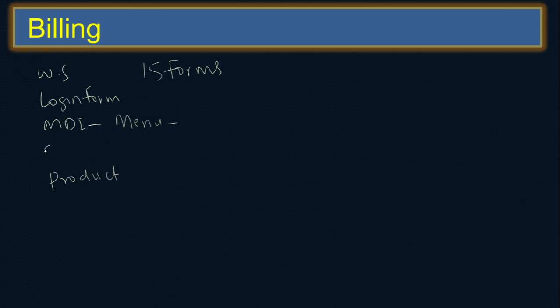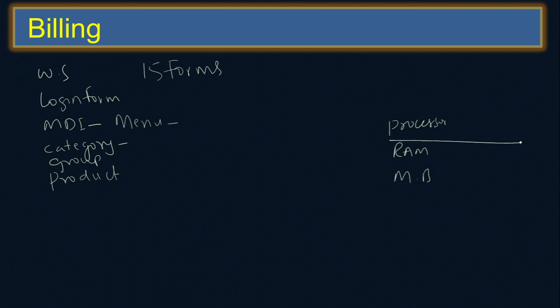When you have a product, we can create one more card as a category, because when there are so many products, it is better to categorize them. And also you can make them into a group. Assume that you have 100,000 products. One is based on category, the other is a group. You can call category and group horizontal and vertical. Let's say we are selling computer parts: processor is one category, RAM is another category, then motherboard is another category. But then what is a group? Group is vertical, and these categories are horizontal.